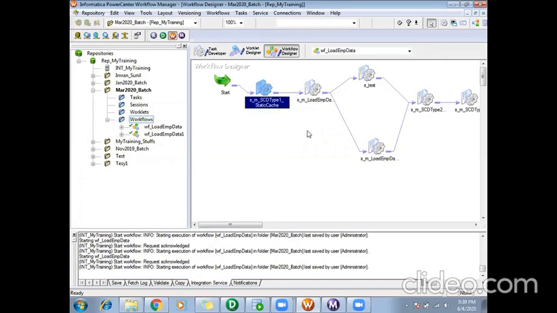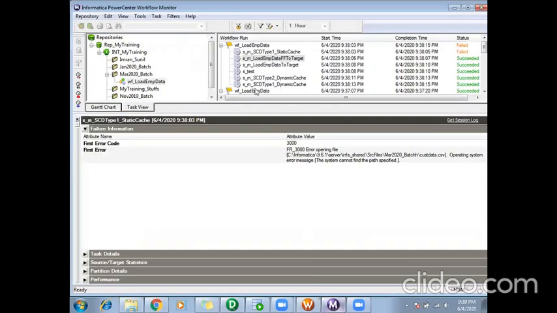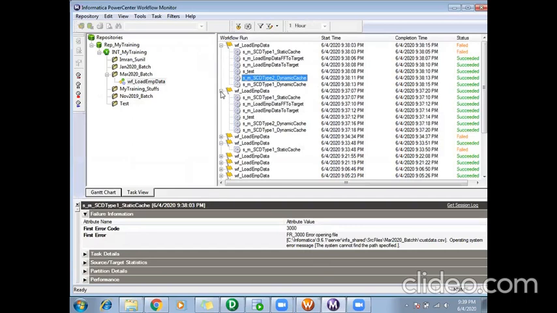So assume this particular second session is dependent on the data generated by my first session. If my first session failed, then there is no point in running my second session. So I have to abort my workflow there, and I need to make my workflow fail. There is no point in running the next level of my workflow, the other tasks, as I have done now.